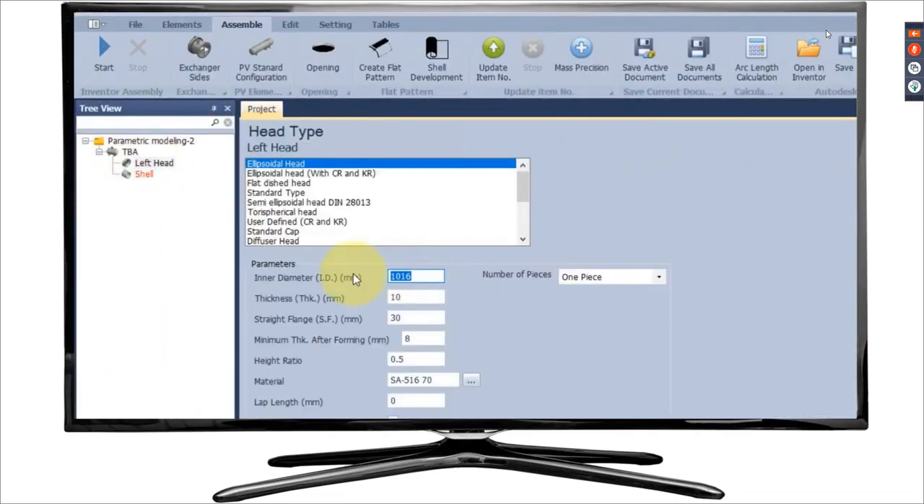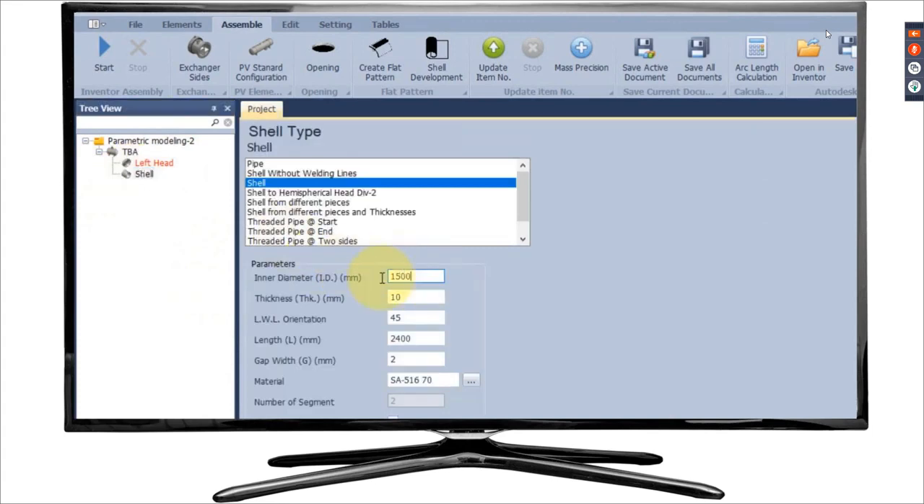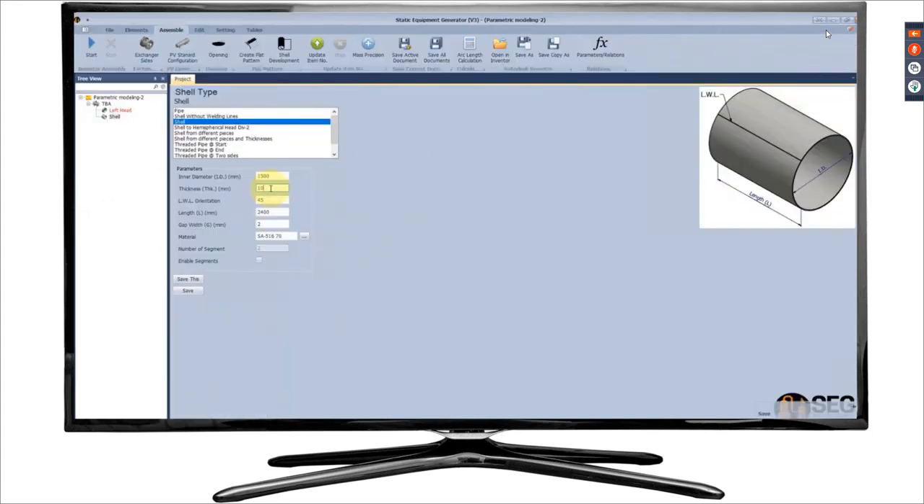Now let's change the inside diameter of this head. Let's make it 1500 and click Save. Now if you go back to the shell, you will find the inside diameter changed automatically because we made a